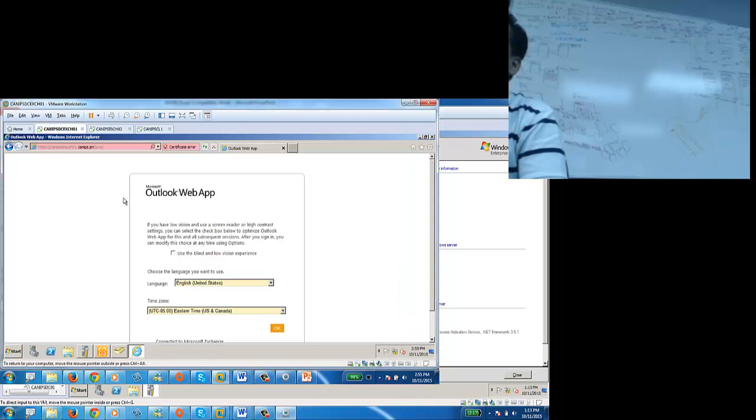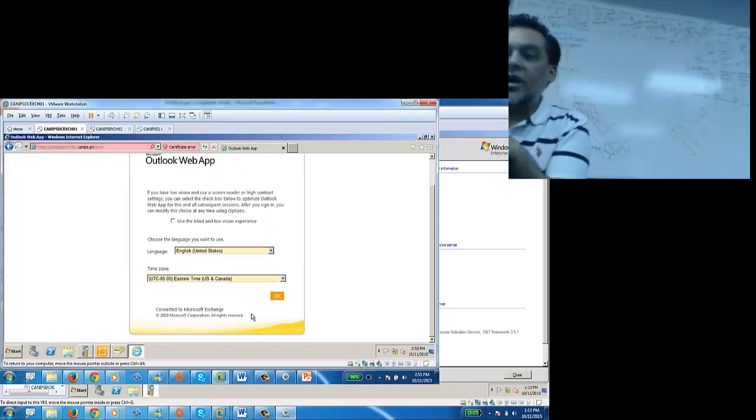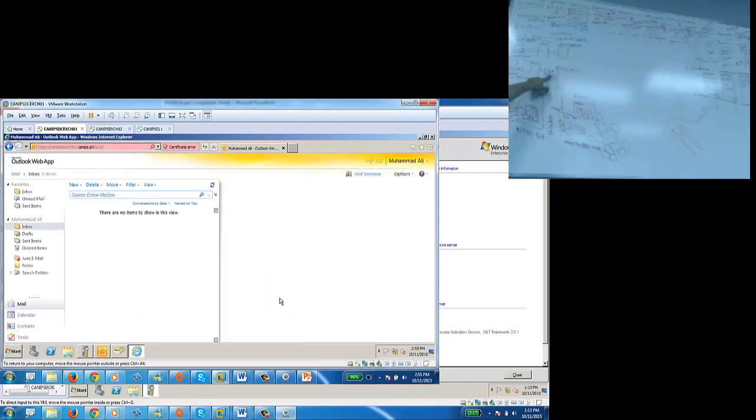So here on this, it is connected. Since it is connected for the first time, it is just asking me your time zone, your language. Once this is done, it connects you to your mailbox. Now basically in the next screen, you're connected from here to here, now to your mailbox. So it should show you your inbox, outbox, draft, sent, and everything. Which means this account is perfect, this account is working, but there is one last test to do to